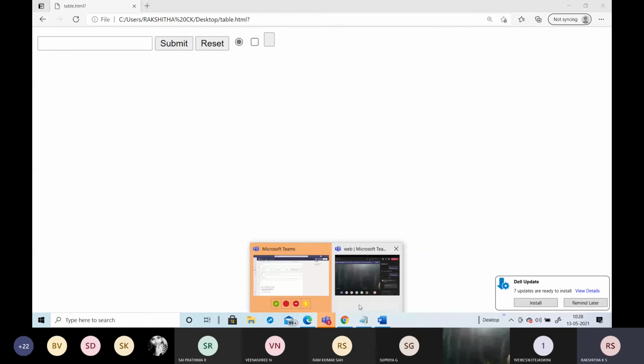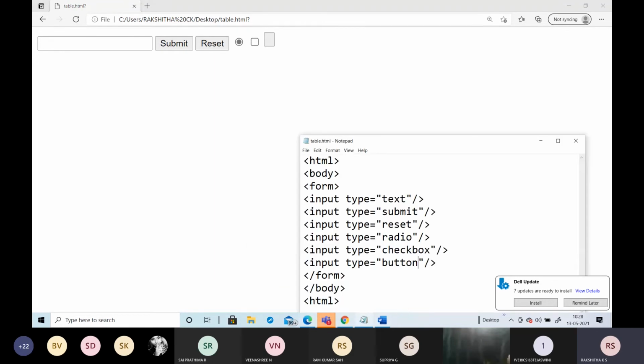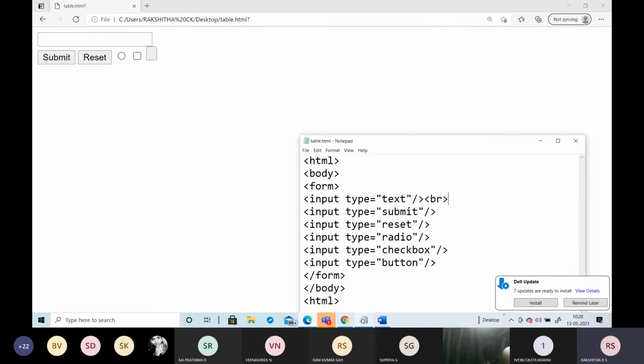Look here, why is the difference looking like this? Everything is coming in the same line, because we have not included the break here. See here, we have not included the break, so now I'm including the break there. See the difference, now it is coming in the next line.